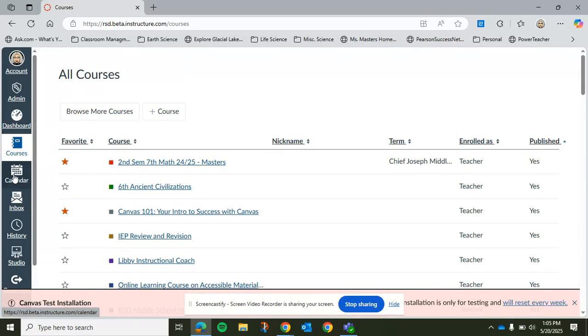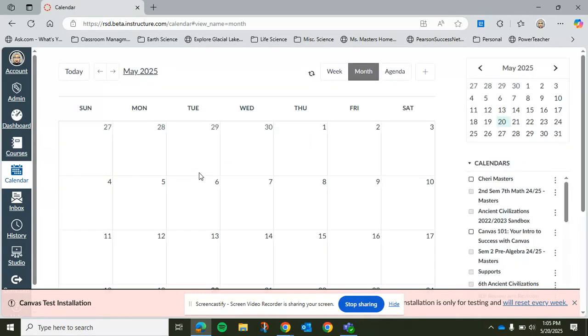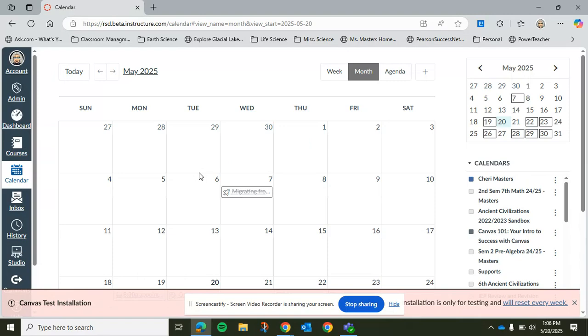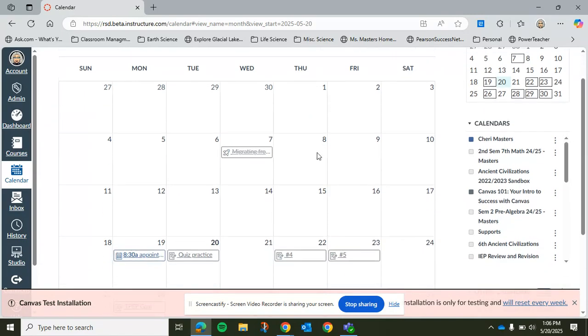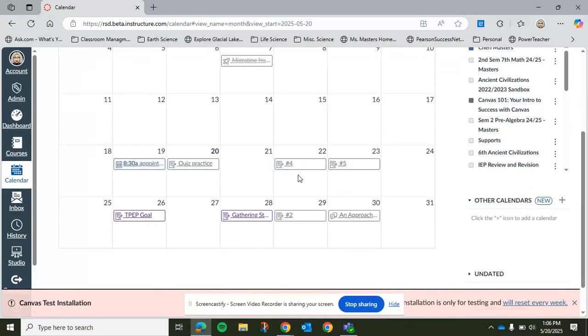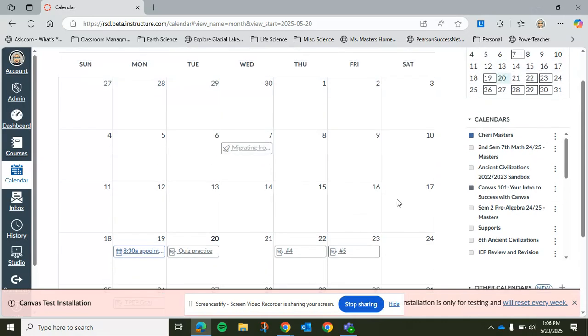Now I'm going to go to calendar. So every time you make an artifact, whether it's a discussion, a page, an assignment, an external tool, or a URL that has a due date, it is going to show up on your calendar. Okay. Now, the thing you can do with your calendar is if you end up with a lot of stuff on your calendar,